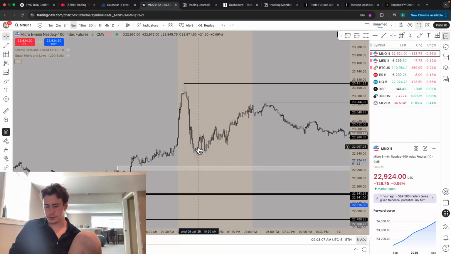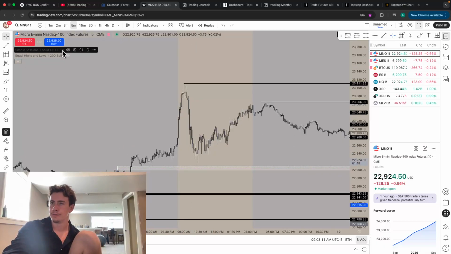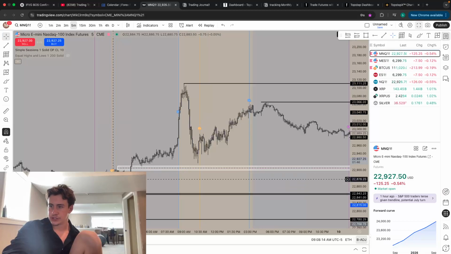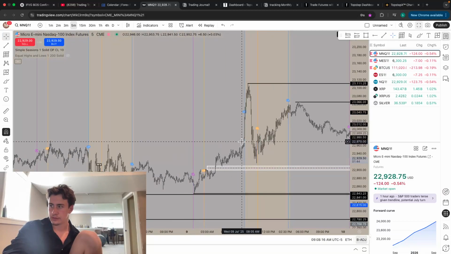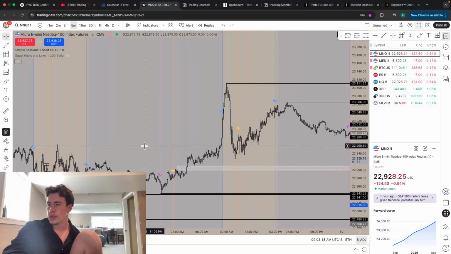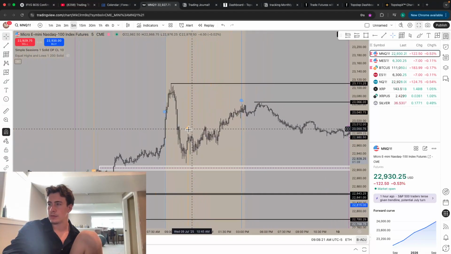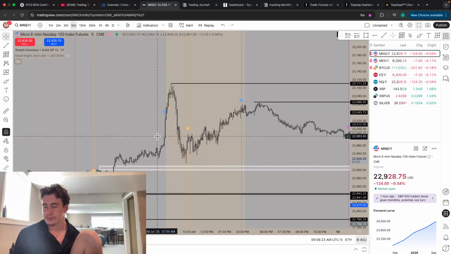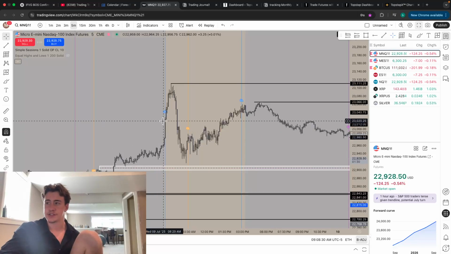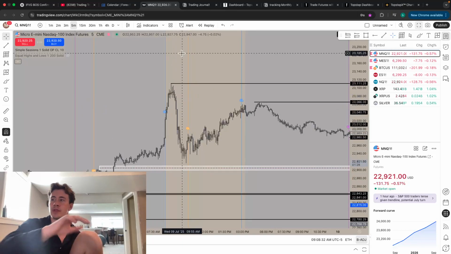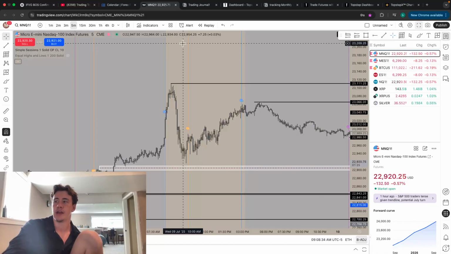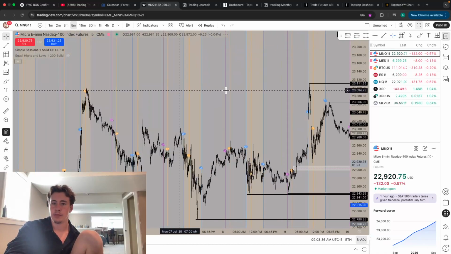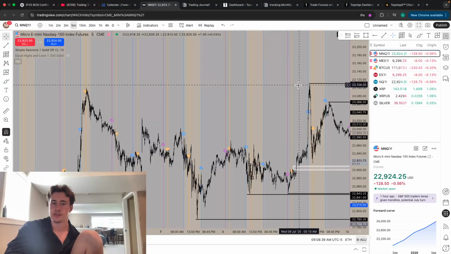Let me look. Excuse me. Yeah, because we have previous session manipulation. If we go into here, when the session opens, it manipulates highs all throughout here that we had over here. It manipulates the highs. And I was thinking, alright, if we don't get the reversal during London session, we'll probably get it during New York. And I was like, okay, well, with new money coming into the market, we didn't get the reversal for London session, so I'm expecting a reversal in New York. But obviously, market's going to want to manipulate highs before it can do that. And it manipulated highs all the way up into here at the New York session once it opened.